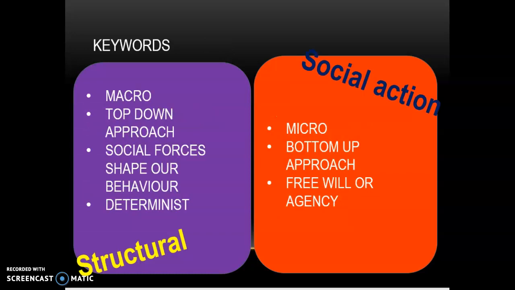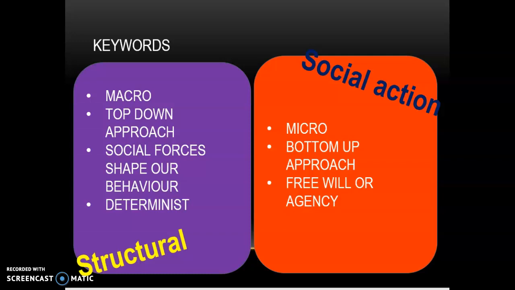So what keywords would we associate with our structural and social action approaches? Our structural approaches look at society, how it is organised from the top. In that case, we call them macro theories. They're big theories, and they're exploring how society is organised or built. These are top down, so they're looking at society from above to explain how the different social forces shape our